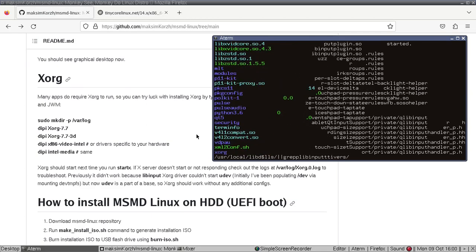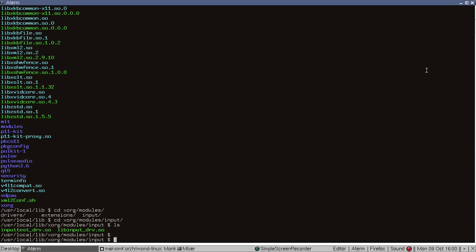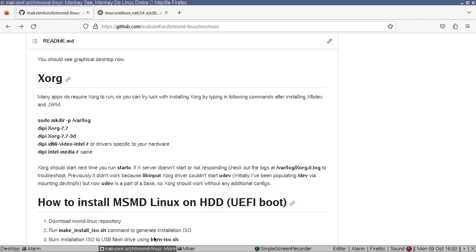cd lib, probably here. Yes, xorg modules input. Yeah, here it is. So this libinput underscore drv.so. This is the particular library that is responsible for, let me probably maximize this, that is responsible for